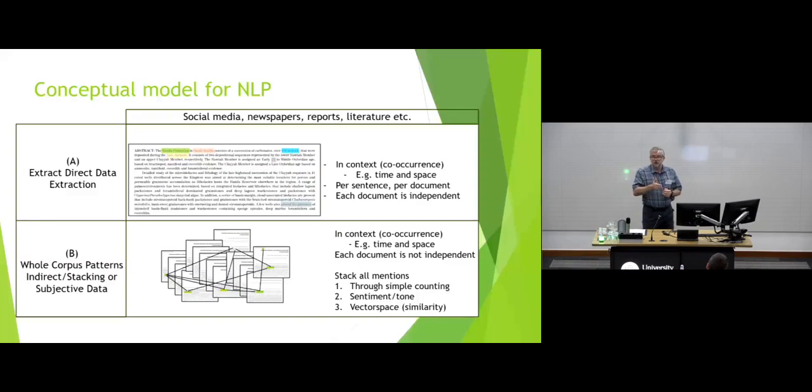So where we have something in the same sentence or the same semantic structure, we can then make an association. And we can do that independently, so each document's separate to the others. The other is when we don't really care about the document, we put everything together and we start to look for patterns in amongst a large corpus of geoscience documents to surface some insights which are not really present in any single document. And it's a technique that's been used heavily in biosciences to discover new medical theories and products simply just by the volume of information that's being analysed.